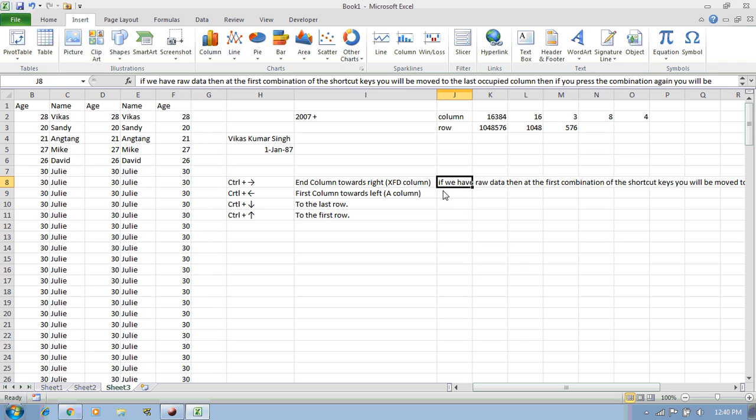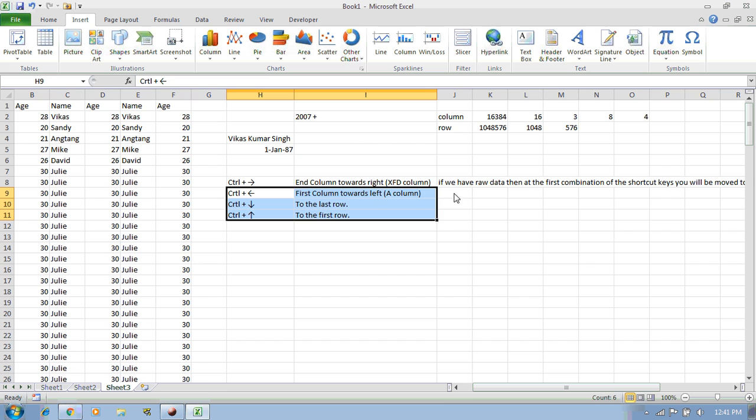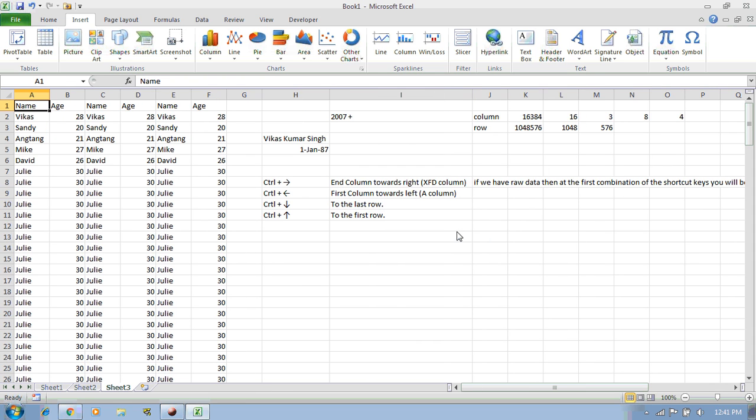So this definition for one shortcut combination I have written for you, and it is your exercise to try out these shortcut keys and write the definition for them. Then you will be aware about the shortcut keys. Now let me tell you one more thing.